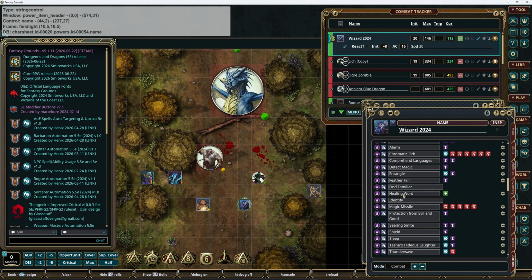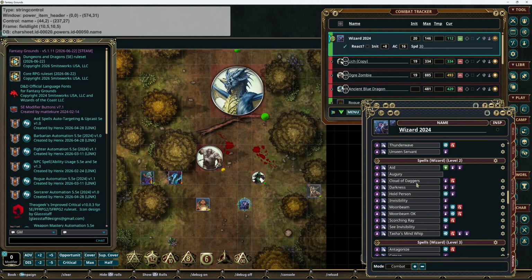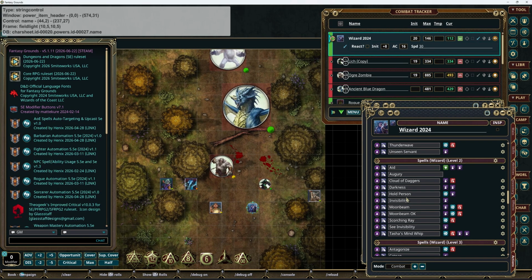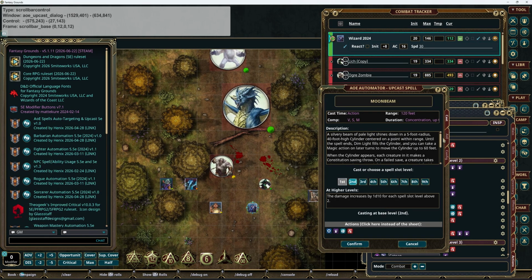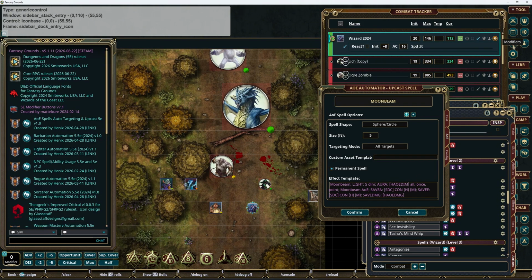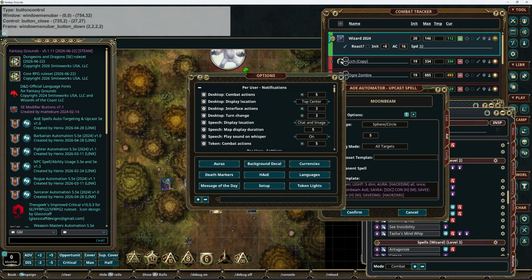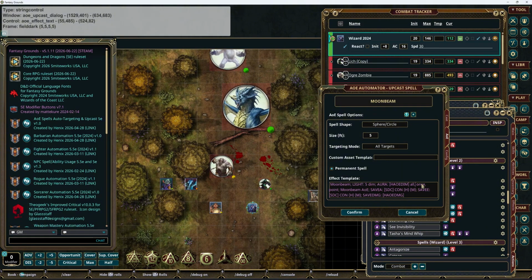Then we have the main feature, which is the custom asset template that you can add to the spells. First of all, I have added compatibility with Aura visualization. For example, if we have Moonbeam there, we can go there, and I have Aura there. Okay, we can pick Spirit Guardian, and if we add that here,